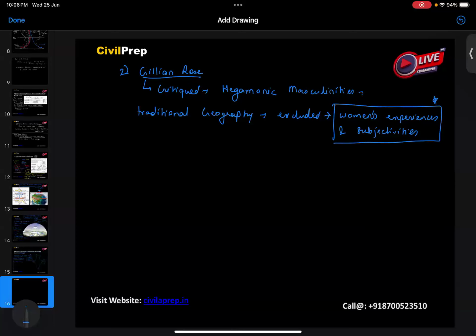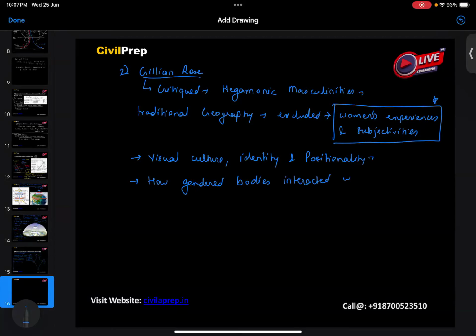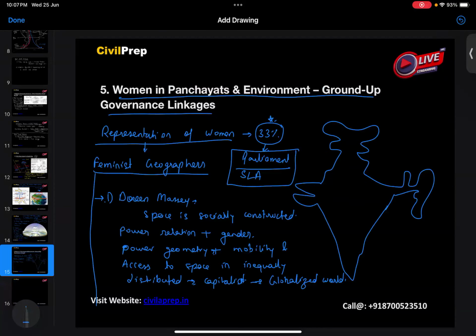She also emphasized visual culture, identity, and positionality, showing how gendered bodies interact with space differently. So here, this is one of the problems which was highlighted from the perspective of Gillian Rose and Doreen